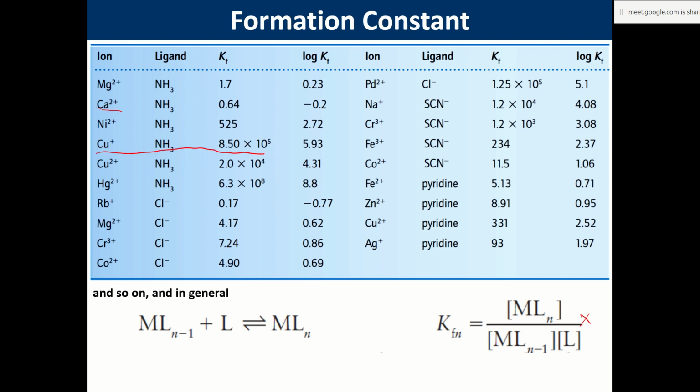If you have this as the starting point, you are writing Kf is equal to 10 to the power 5. That means Cu plus, and plus N is 3, this is giving you ML N. So the product that is being formed has a concentration which is 10 to the power 5 times higher than